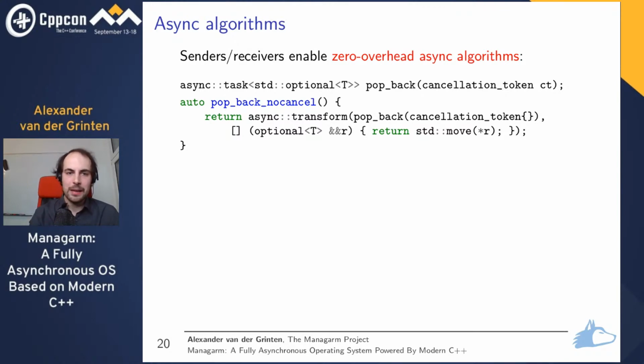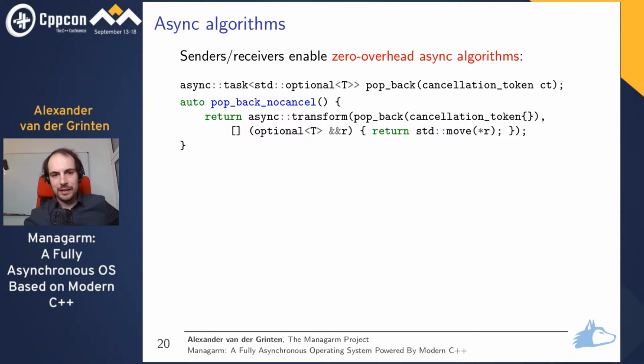So if we go back to the example of the non-cancelable popback, what we can do now is we can write a generic algorithm, let's call it async transform. And what it does, it takes another async operation. So the result of popback, of the cancelable popback, is an async operation. And it just applies a function to its result. So we take the optional t and we move out the value. And that's equivalent to the code that I've shown before, only that it uses an async algorithm, namely async transform,